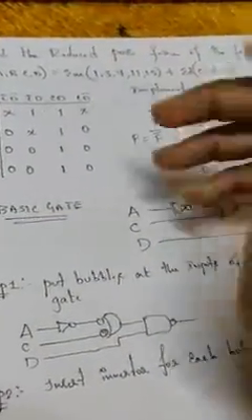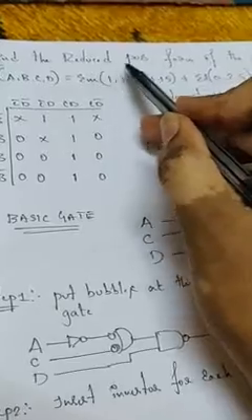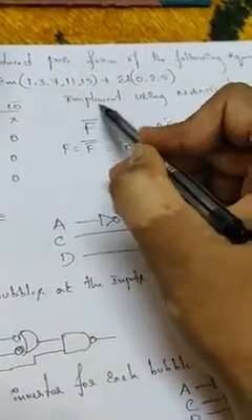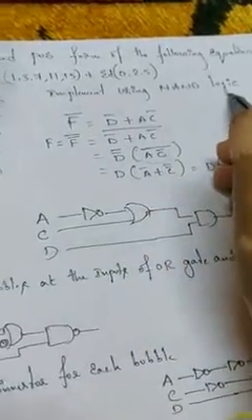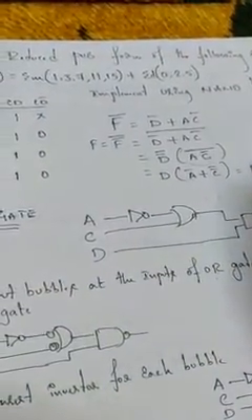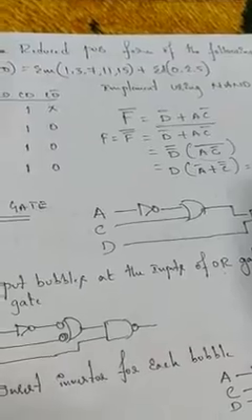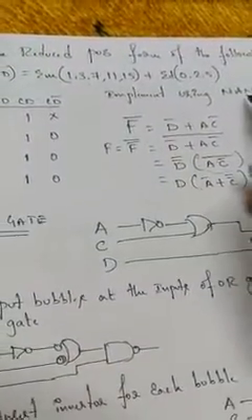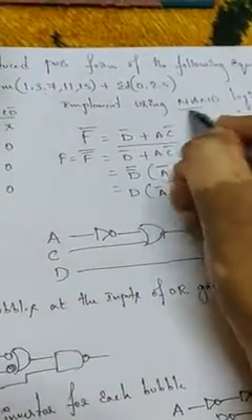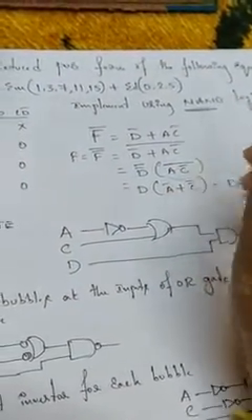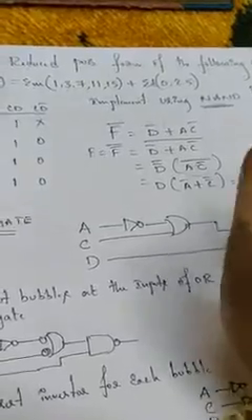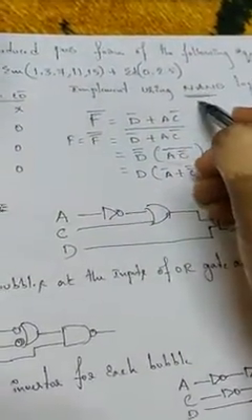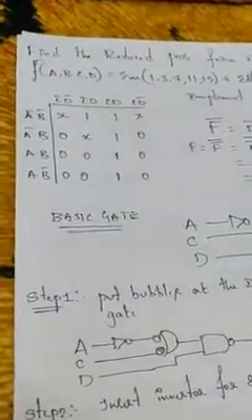So the given expression is in the form of SOP, but they have asked for the reduced POS form. And there's one more thing, implement using NAND logic. So once you get the POS expression, you need to implement that particular POS expression using only the NAND gate. They have specified clearly that you are supposed to use only the NAND gate. So not OR and AND, you are supposed to make use of only the NAND gate expression. Okay, so let me go with the first.